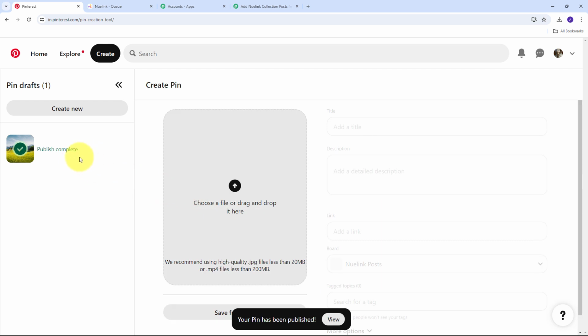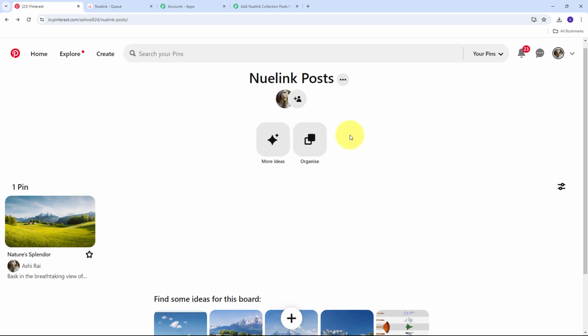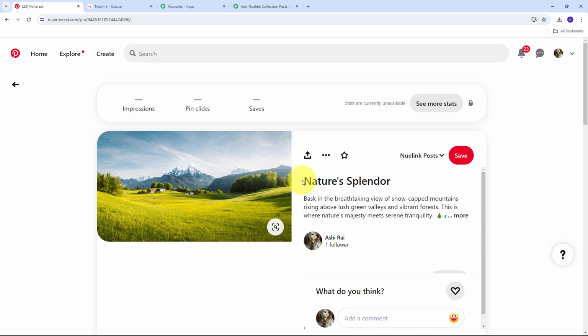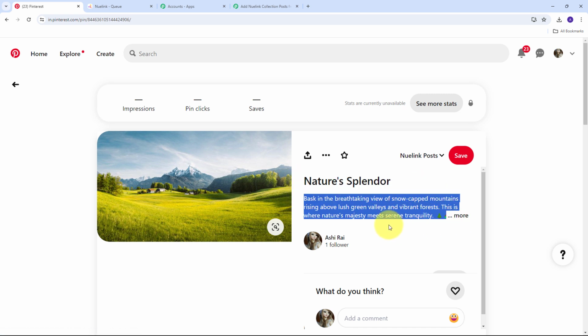And my publish is complete. Now I will go back to my board. And here in my board we can see I have created this new pin. So this is my pin and this is the title of my pin, that is Nature Splendor, and this is